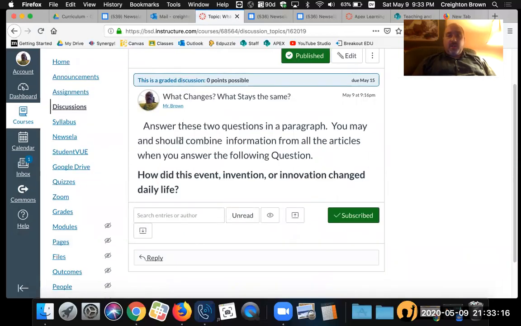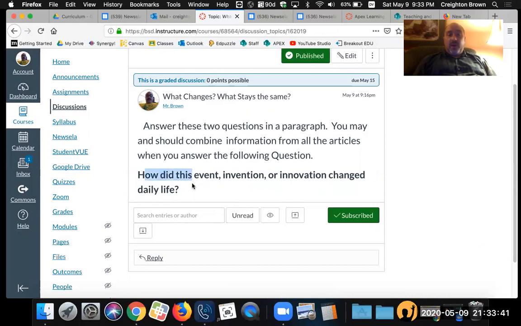On this discussion thread, I'd like you to write a quick paragraph, 3, 4, 5, 6 sentences long. It doesn't have to be too long, but I would like you to combine ideas that you've read in both the articles that you've seen. And everything that you've seen is going to be talking about change, right?